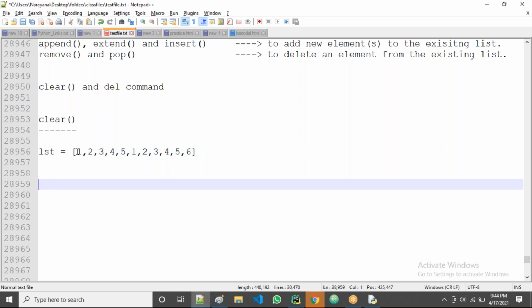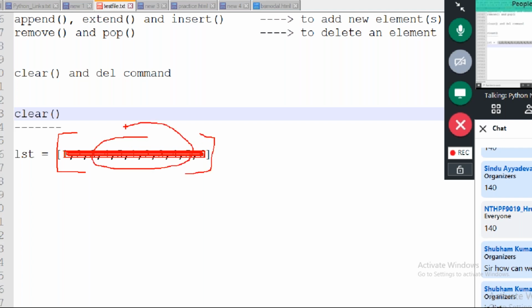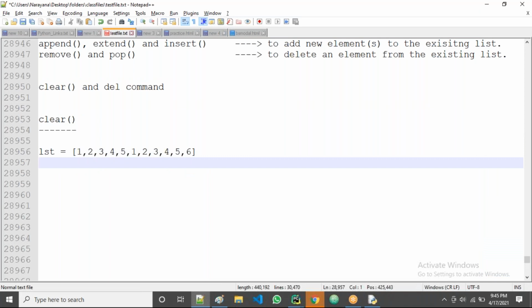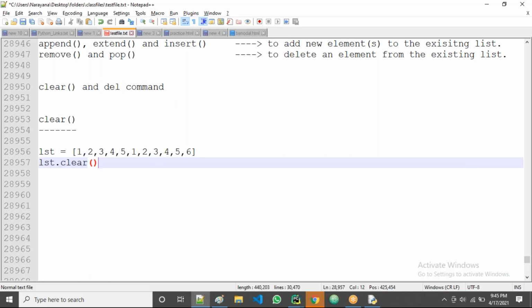Now I want to remove only the data, and finally I want an empty list. To clear all the data, we use the clear function: lst dot clear.